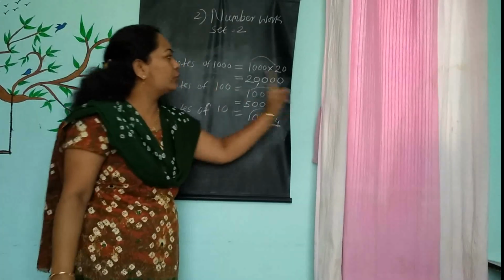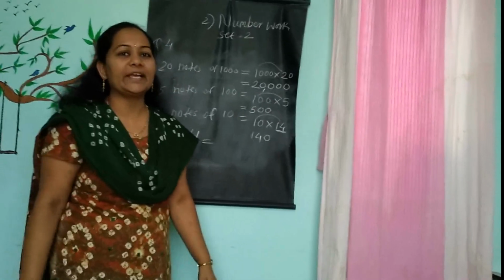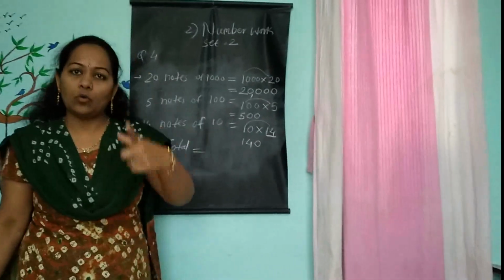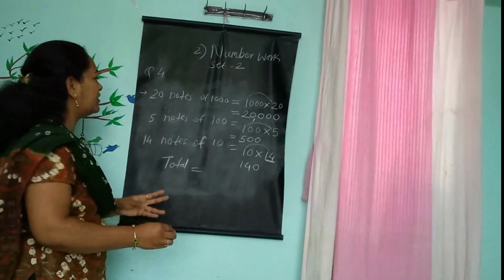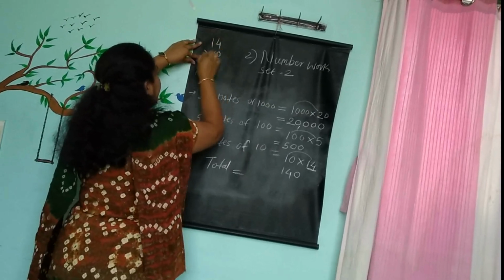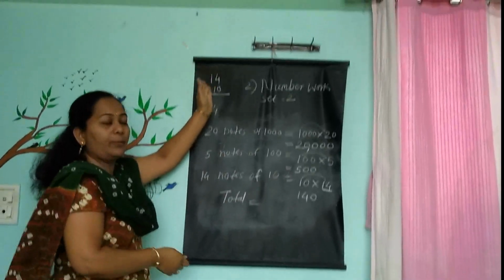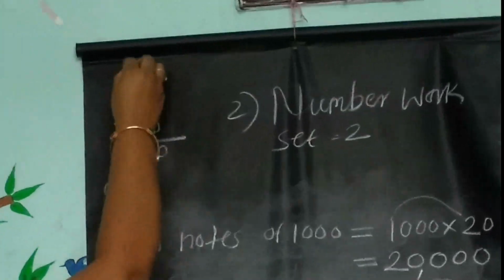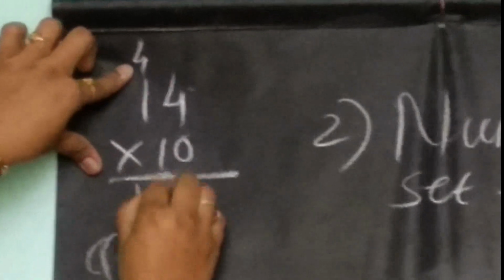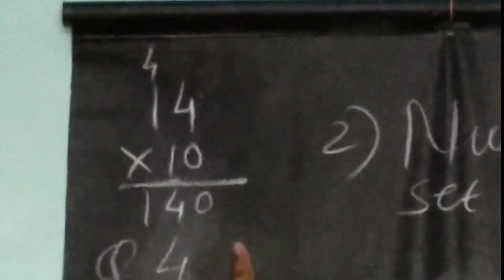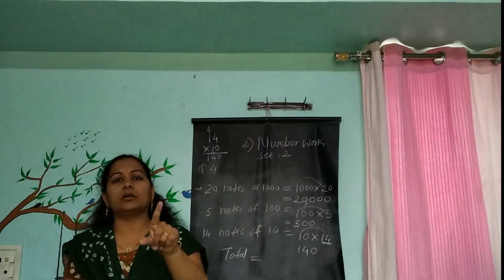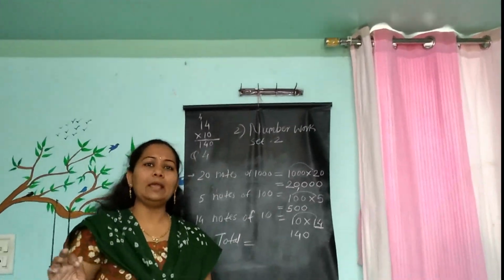Don't worry if you cannot do horizontal multiplication. Arrange the same numbers on the rough page for vertical calculation. Let me show how to write this 14 multiplied by 10. You solve this on the rough page: 10 4s are 40, carry 1, 10 1s are 10, plus 4 is 14, so the answer will be 140. As you wish, use whichever is the simple method for you to multiply.